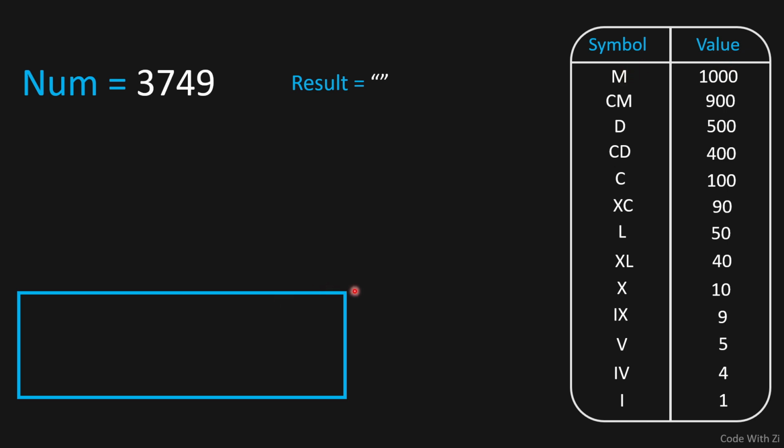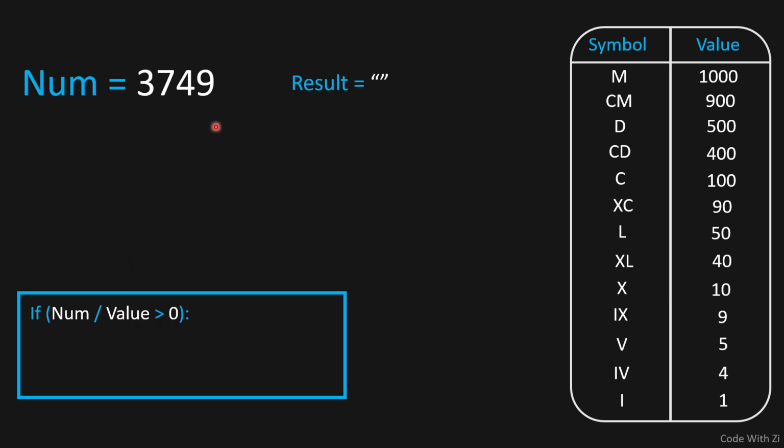You're gonna see this when I visualize the whole process, but inside of our loop, we're gonna have an if statement that says if number divided by value, which is this value here, is greater than 0, do the following. So each time when we're looping through these pairs, on each iteration, we're gonna have a value and a symbol, right? So we're gonna say if our number, which is this number here, divided by the value,